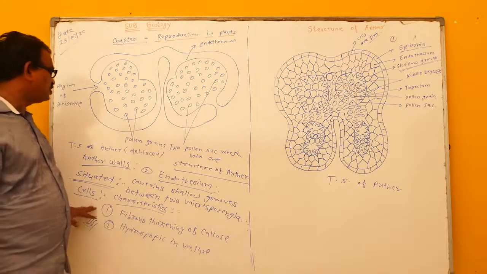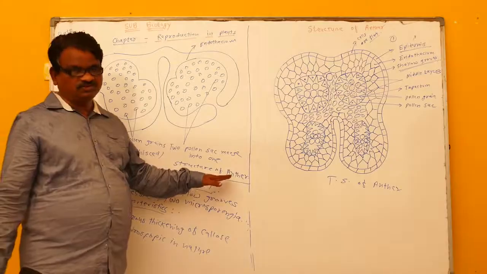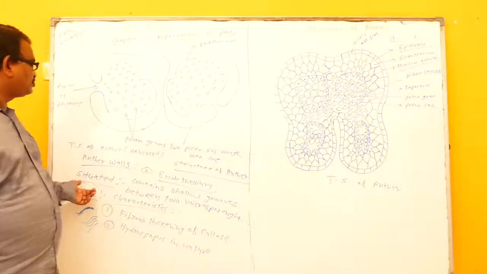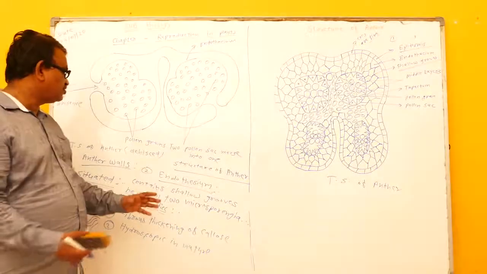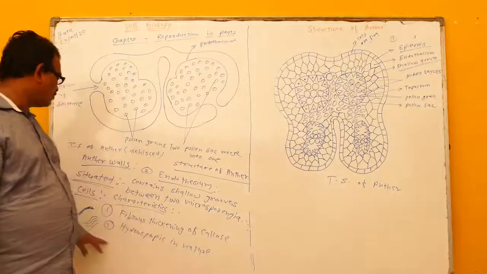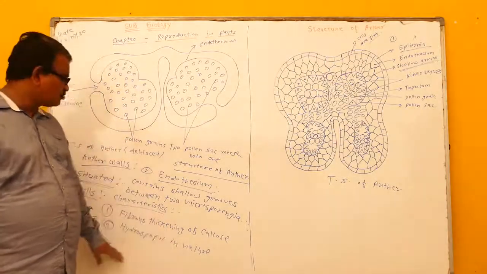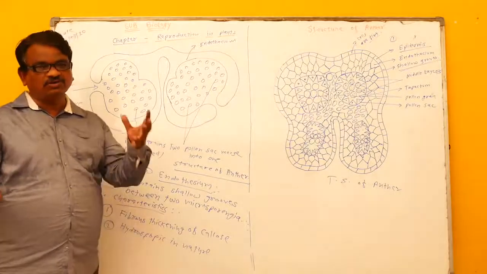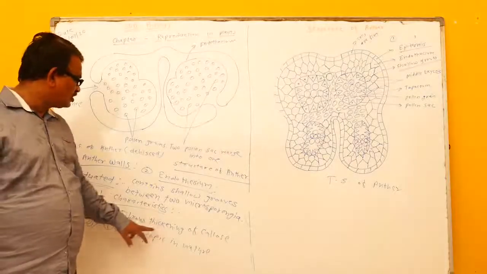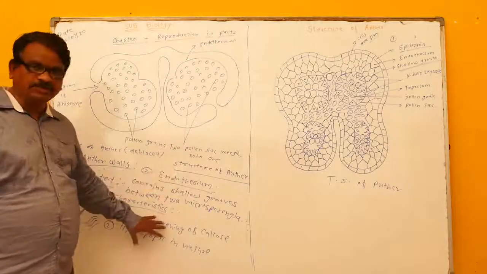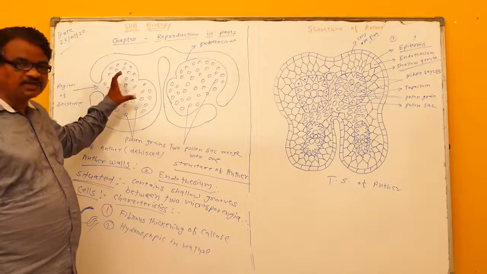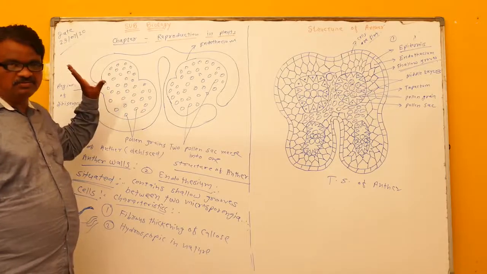So we have seen the endothelium. It is a single layer just inside the epidermis. Then its situation: it contains shallow grooves, fixed in between two microsporangia, and its cells contain fibrous thickening of callus and are hygroscopic in nature. Hygroscopic nature means it absorbs moisture from the atmosphere and loses its fibrous thickening, so that at the time of maturity the wall will be broken down, and the two pollen sacs merge into one.